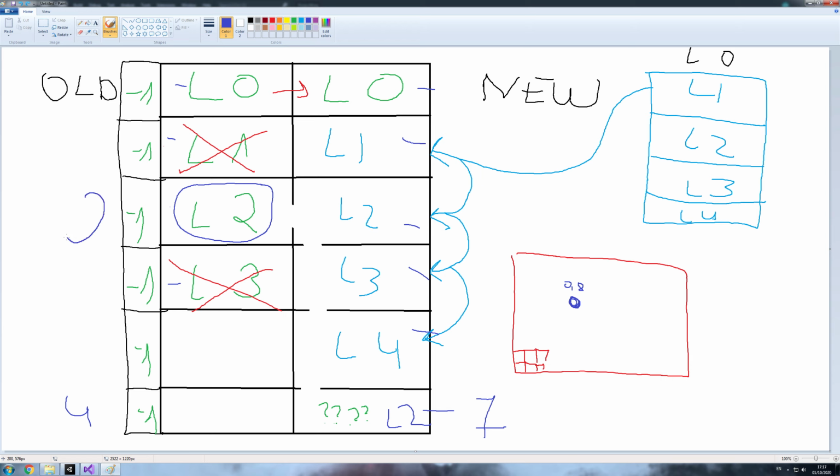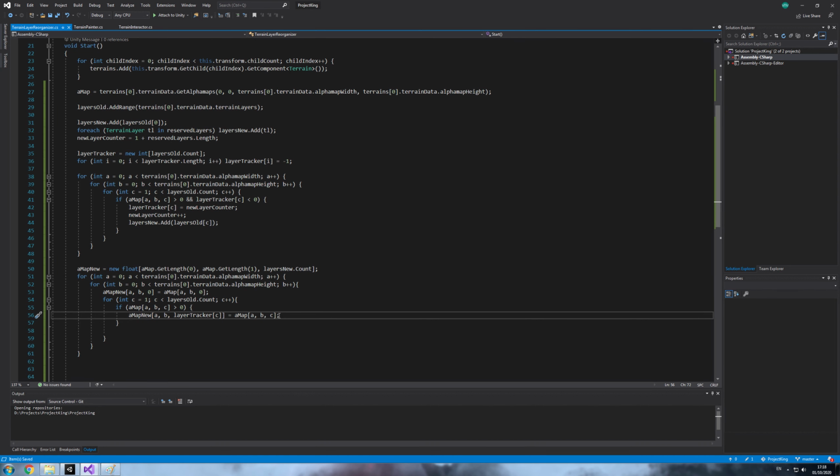So its ID in the list is 2, but with the layer tracker we have integer 5. So we're saying the 5th member is equal to the 2nd member in old. That's why here C will be 2, but here layer tracker will return 5. And why is it 5? Because we have a new layer counter here, which we add to each time we add something to our list. That's how you redraw